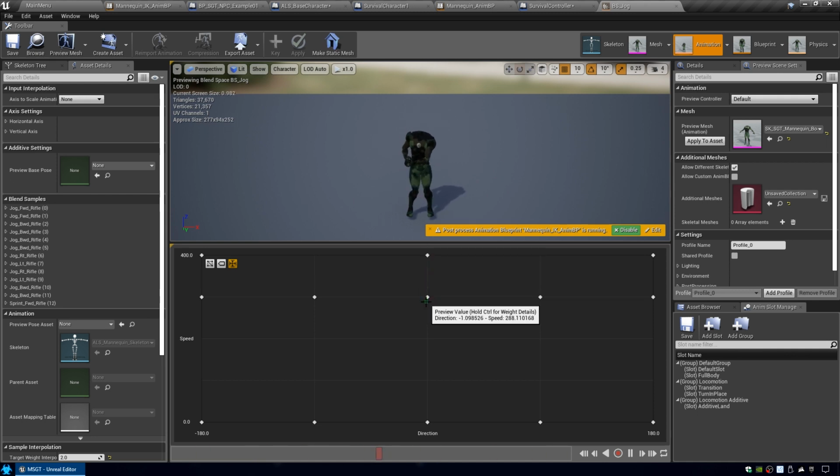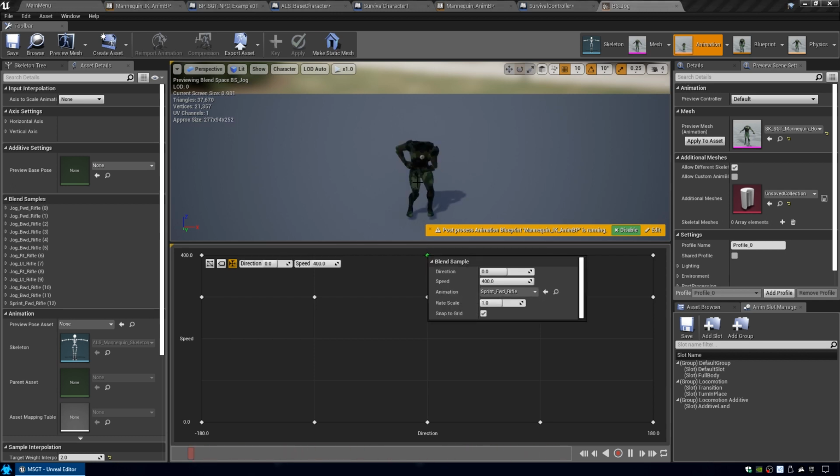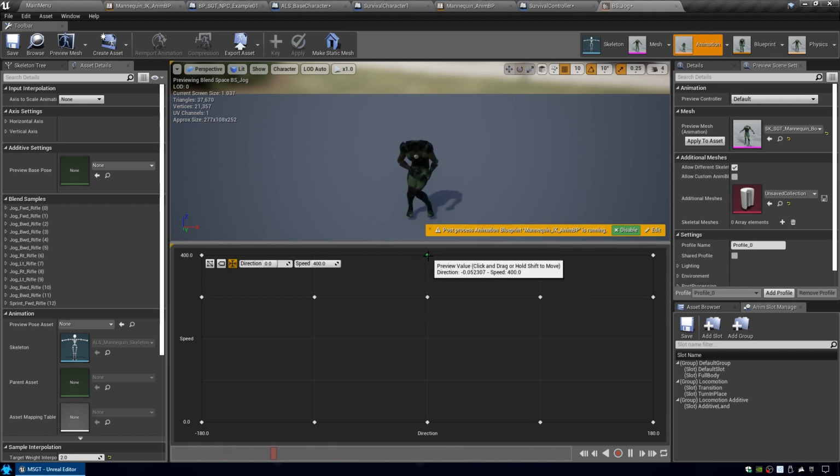Really, that sprint seems to be pretty crazy. So what I'm going to do is select that sprint and lower the scale down to about half. So that very top pin right there, let's break down what this blend space is